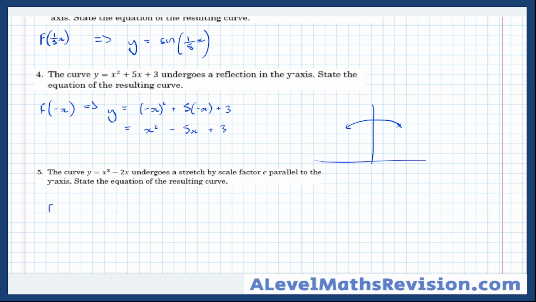So we're going to do f of x and times it on the outside by c. That gives us a stretch by scale factor c parallel to the y-axis. So the equation is y equals, and multiply the outside by c, x cubed minus 2x, which would be equal to cx cubed minus 2cx. And there we have it,